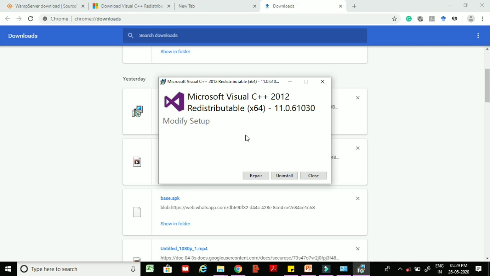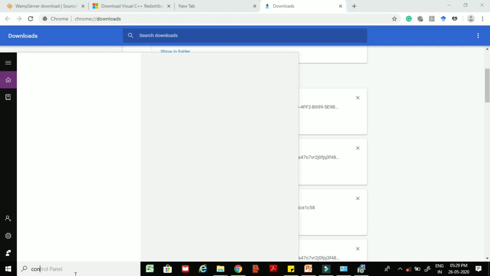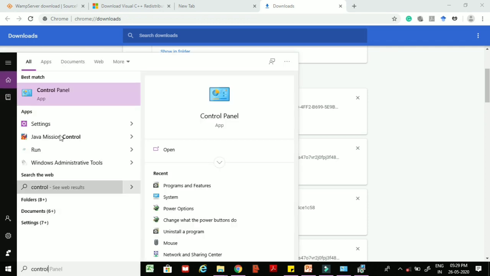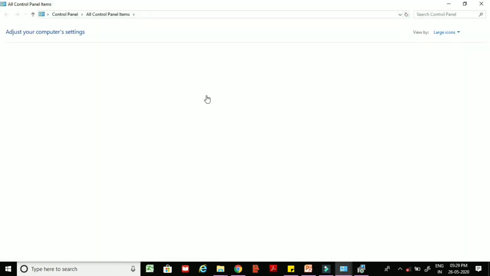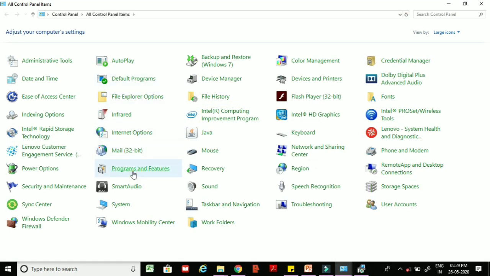Now a note to the users: whether this Visual C++ has been installed in your system or not, you can check it easily. Go to control panel; type control panel in the start menu and open it. Now click on programs and features.